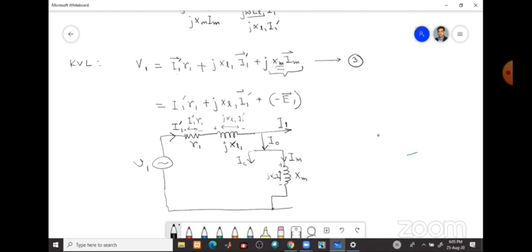So that means here if we apply this KVL, we'll get I1 R1, I1 prime R1. So this component JLX1 I1 prime. Then this part. Okay, so only these three parts are voltage drops. So this KVL equation is complete. Now you can ask me, then what about this?